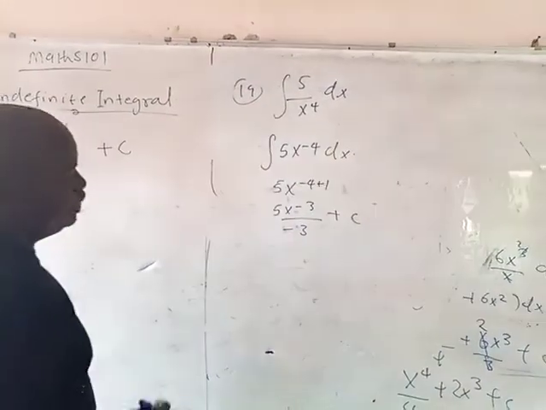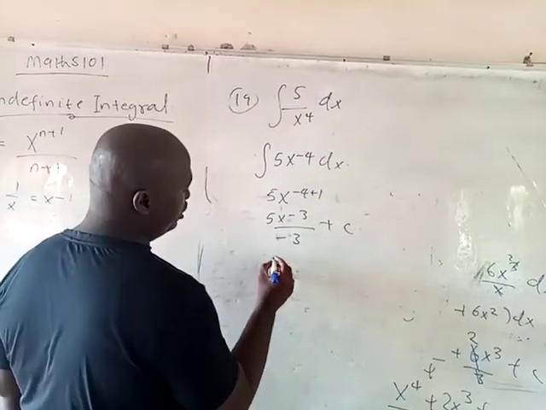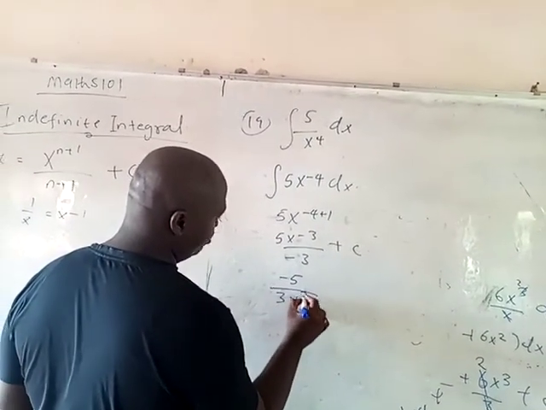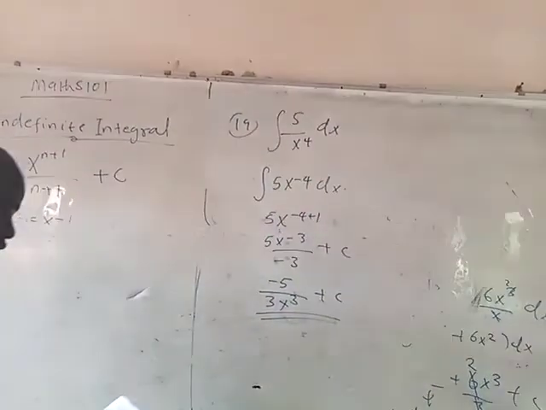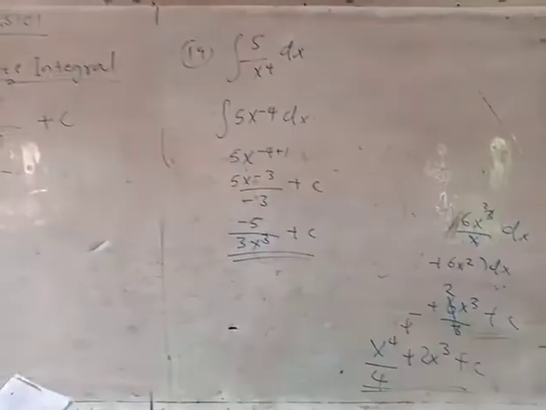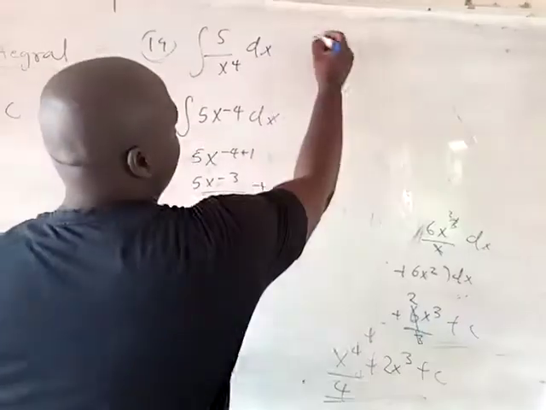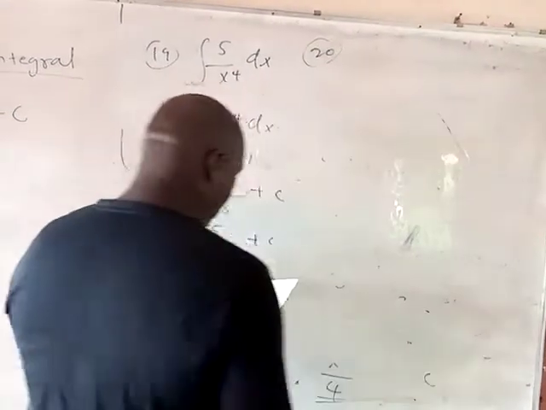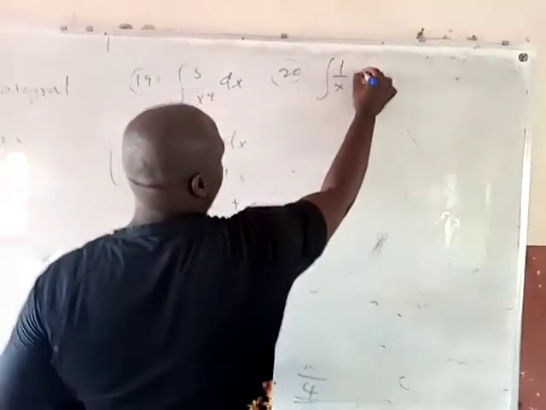But something can still be done here. I want to bring this down. So this will give me minus 5 all over 3s raised to the power of 3 plus c. Are you seeing how easy this can be? It's too easy, right? Good. Example number 20. What if you have an integral of, this is wonderful,